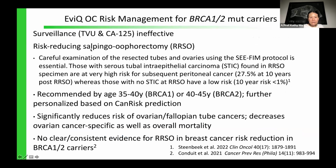And for ovarian cancer risk management, I need to emphasize that ovarian cancer surveillance is ineffective, so we don't use that for mutation carriers. Instead, we recommend risk-reducing salpingo-oophorectomy using this particular protocol. The protocol involves careful examination of not only the ovaries, but also the resected tubes, because if there was evidence of STIC, which stands for serous tubal intraepithelial carcinoma, found in that resected specimen, then these women are at a